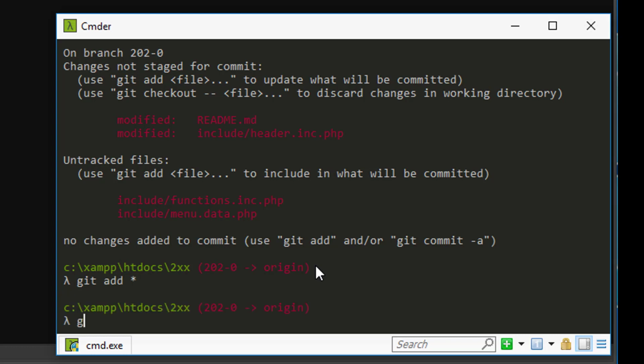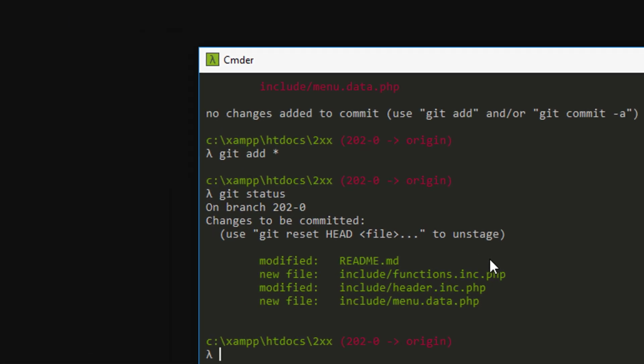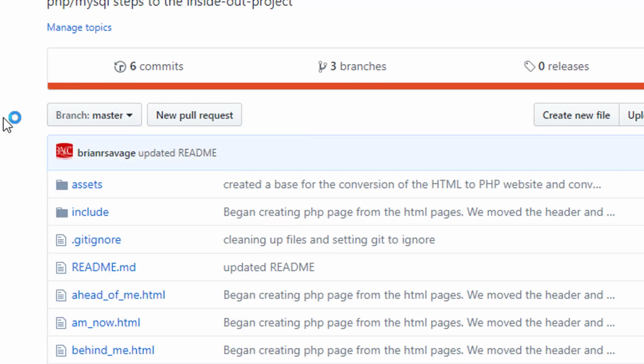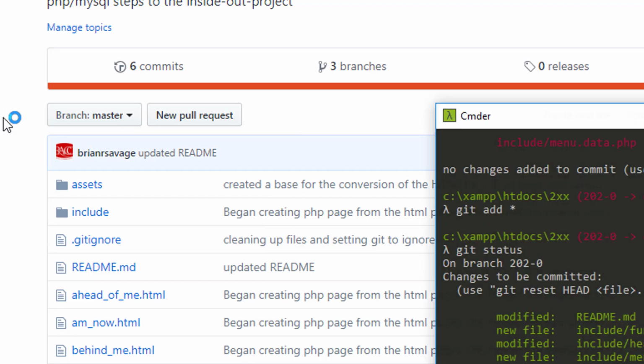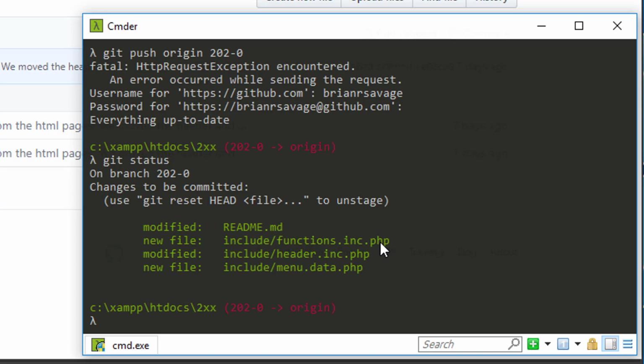Now what that should have done, we should see a lot of green now, which we do. It's captured all the changes, and it's added our new files to be tracked, and we are good to go there. We see that we have our 201 branch up there, and so the next thing that we want to do is git commit -m, because we're going to put a message in there, and we'll say